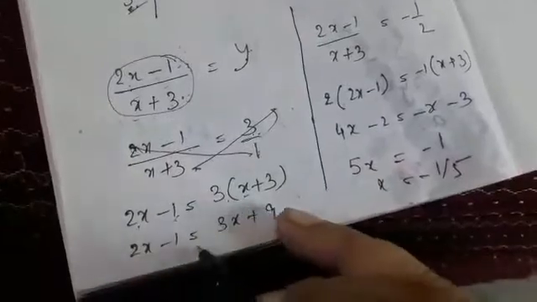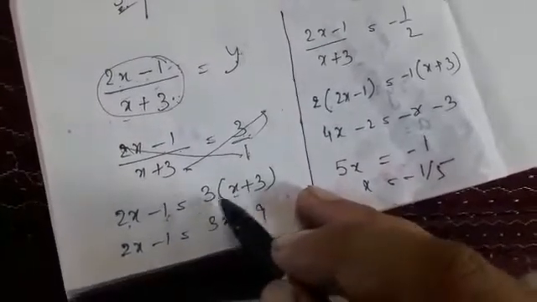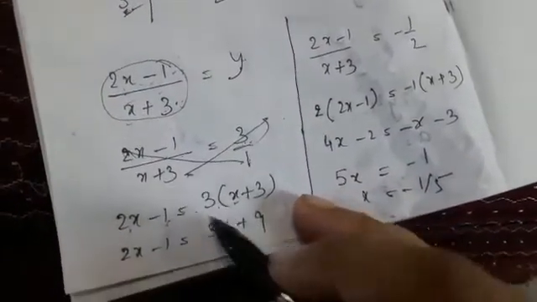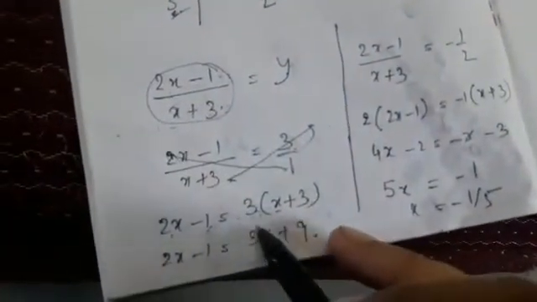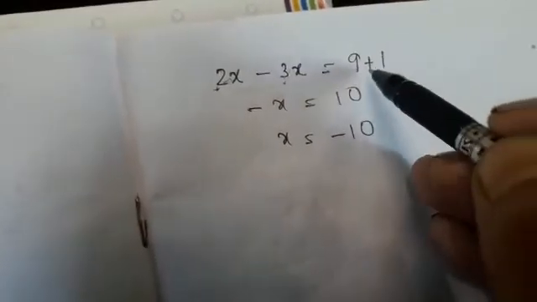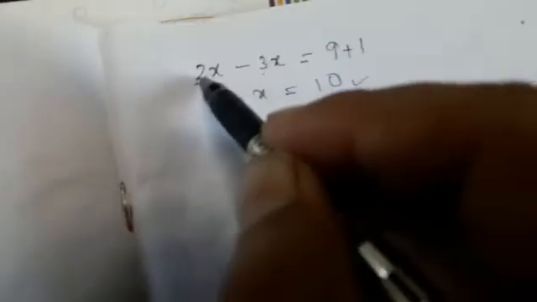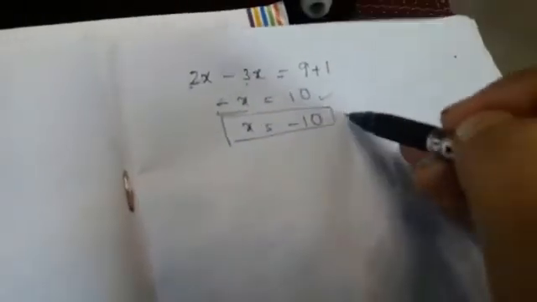Now you open: 2x minus 1 is equal to 3 into x is 3x plus 3 into 3 is 9. Now send everything, means x on one side and constant on the other side. You will get 2x is already there. You send this 3x there, it will become minus 3x, and 9 is already there, and you send this minus 1 there, so it will become plus 1. So 9 plus 1 will give you 10, and here 2x minus 3x will be minus x. So you send this minus sign there, so your x will be minus 10, your one root you have got, right?